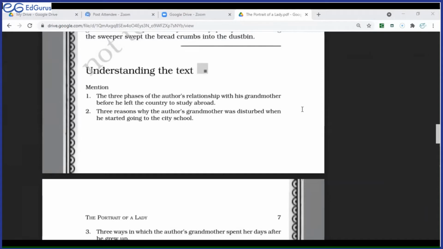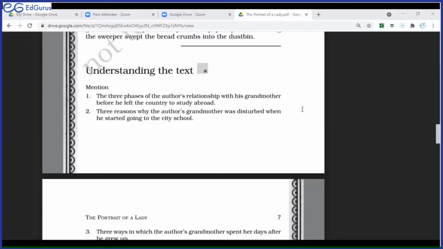First of all, the first part of exercises is understanding the text. Let's see the first question. It says, mention the three phases of the author's relationship with his grandmother before he left the country to study abroad. Let me remind you, I told you in the beginning of the story that the author has divided this